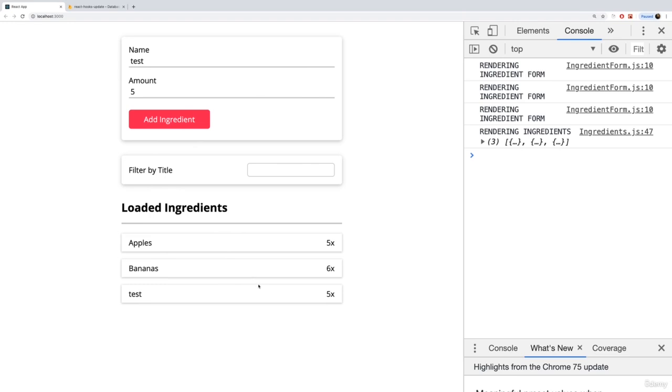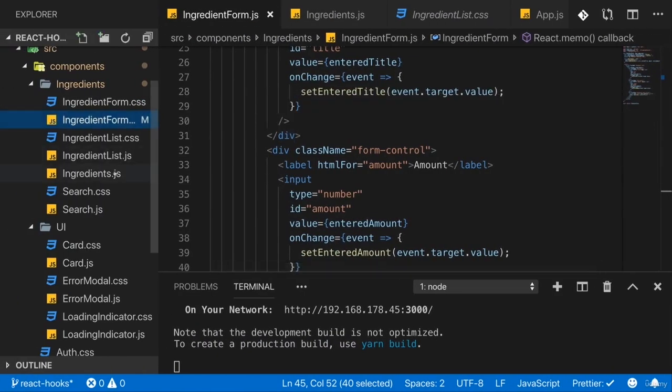And this is not what we want. There is no reason to render this form if we're just outputting some data down there. So that should be one render cycle too much we have here. Two makes sense because we switch loading from false to true and then back from true to false once we're done. So we definitely will render twice because the loading spinner is in the form. But the third output here makes no sense. We can get rid of that